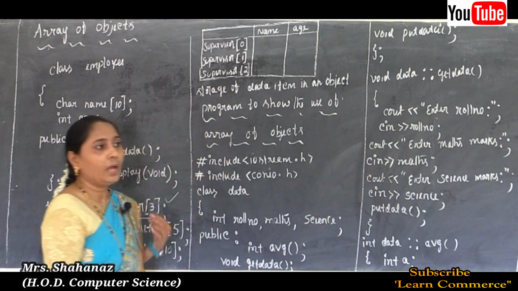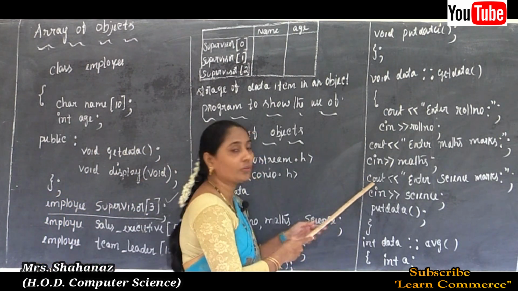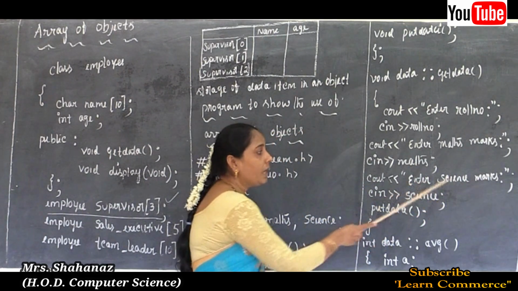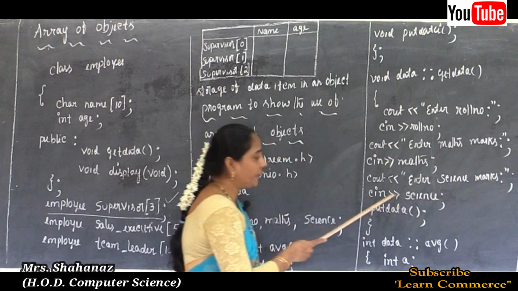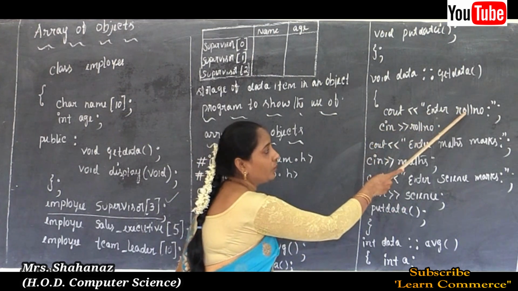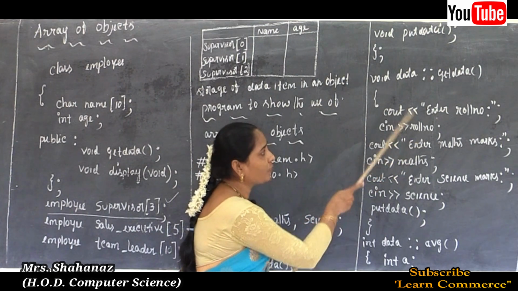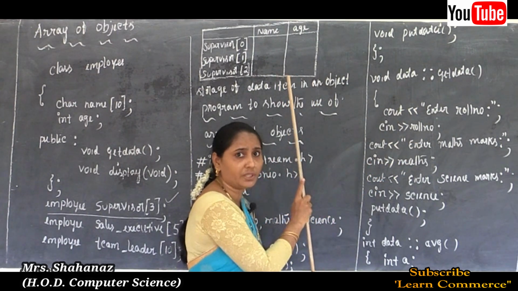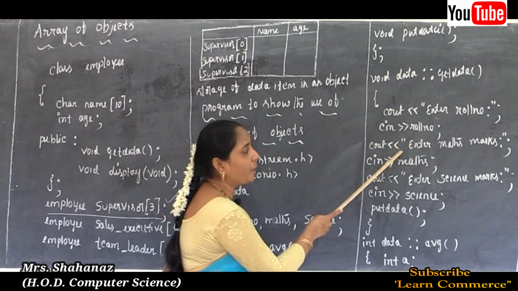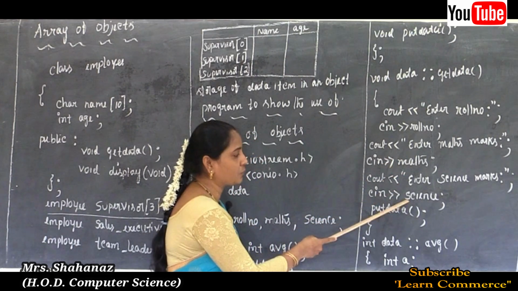And next I also want to enter the science marks. So cout, the console output, is going to display the message as enter science marks. Clear this point here. And it is going to accept the marks for the science. So any message we can write here anywhere. Maybe if you want to enter maths first, it is going to display maths. So enter roll number will accept our roll number, enter maths marks will accept for the maths, and later the science marks will accept for the science.